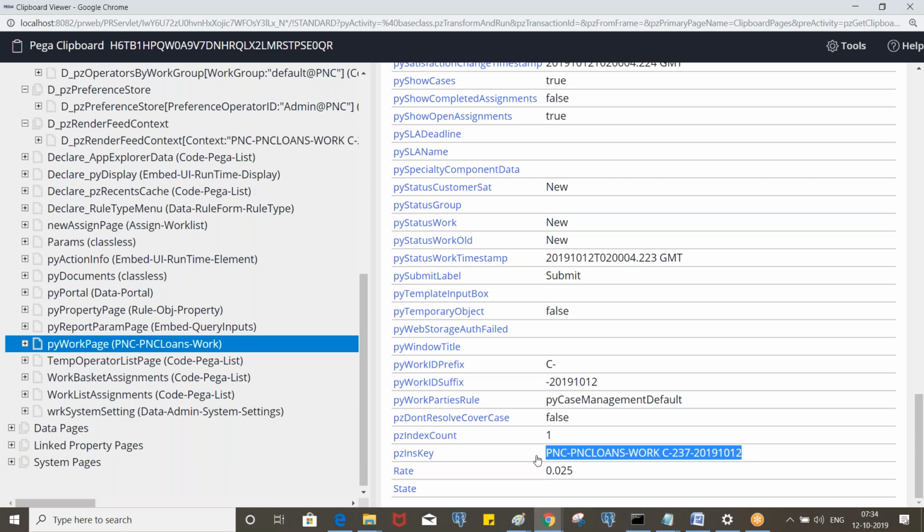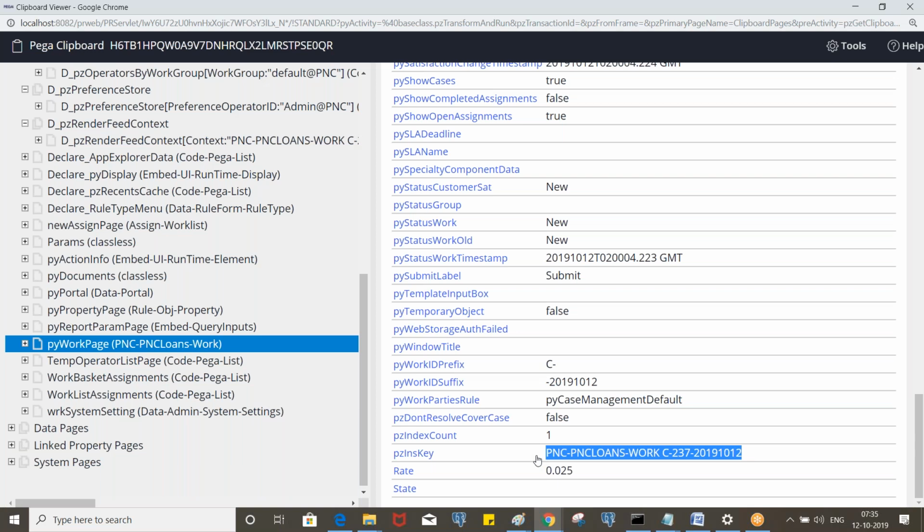In some cases, let's say you need to update bulk data. We have, let's say, customer details available in the database, and we need to update, let's say, the company name for all the customers. So we use Obj-Browse to fetch all the records from the database to the clipboard, and we'll have all the details available on the clipboard.